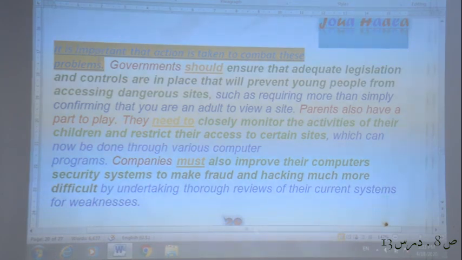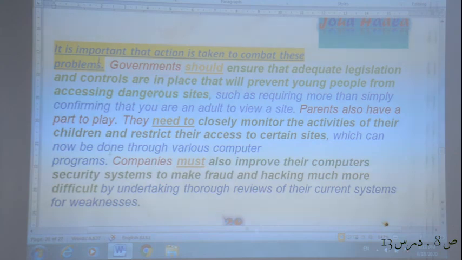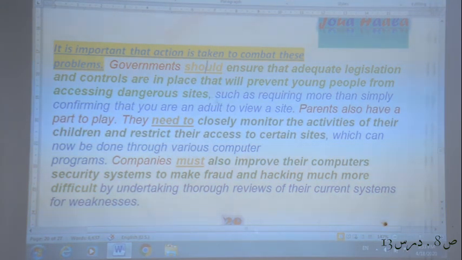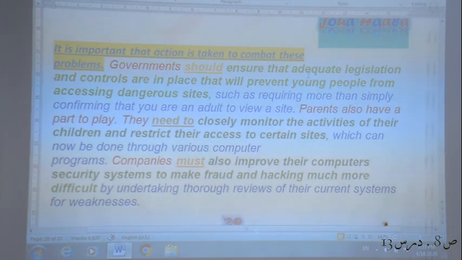And here we can talk about the important role, the responsible role of governments, parents, and companies, as you will see. And we want to tell the reader how they can play that important role. For example, let's talk about governments. Should. And should is a modal verb and is underlined for you. Why? Because we use should in order to express advisability. So governments should ensure that adequate legislation. What does that mean? Enough legislation, enough laws,